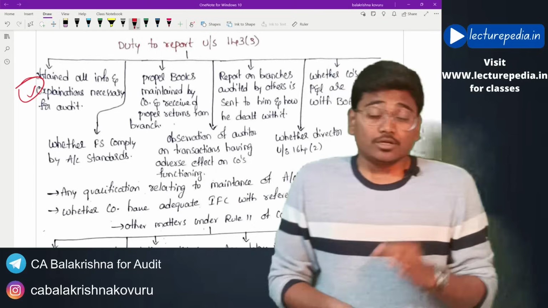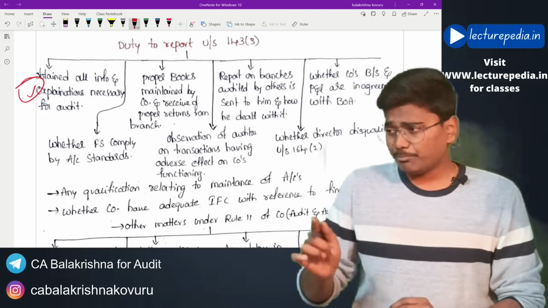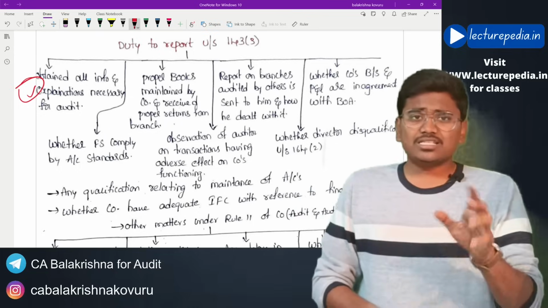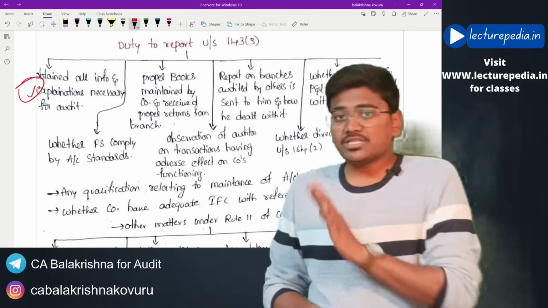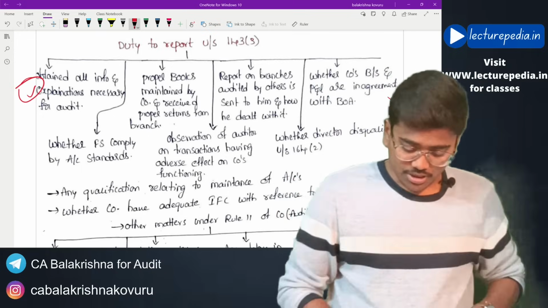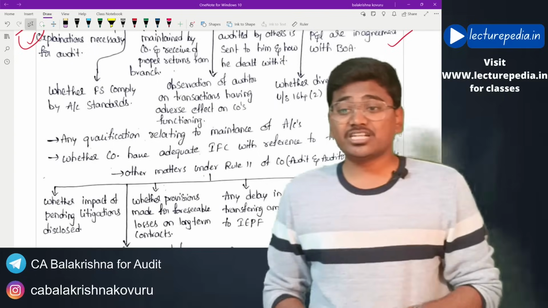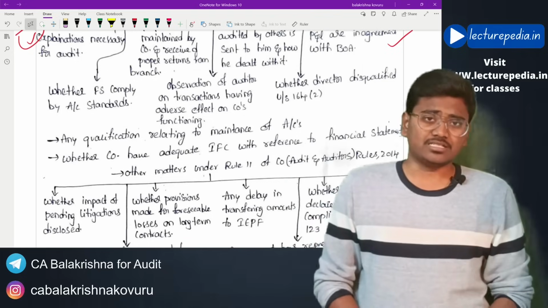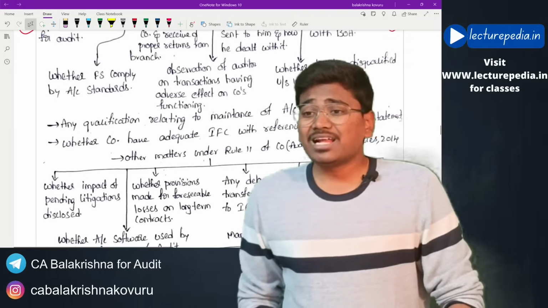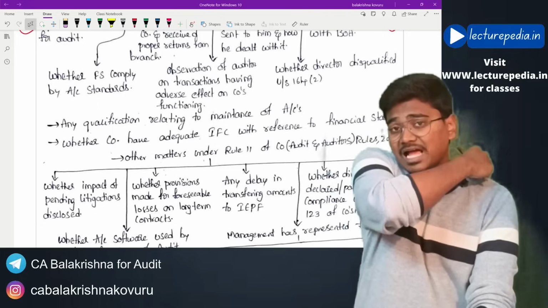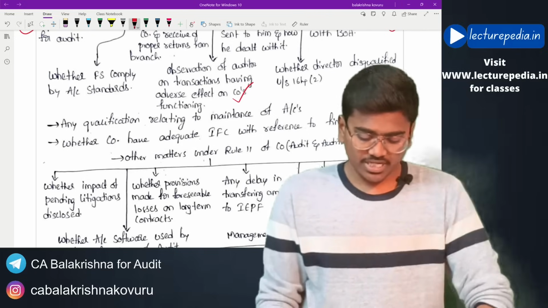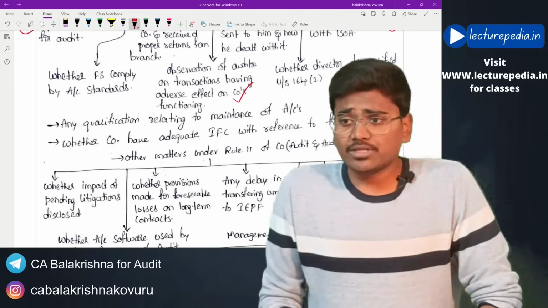If received, how the auditor has dealt with these returns during his audit, even this has to be reported by the auditor. And the auditor should also report whether the company's balance sheet and profit and loss account, basically the financial statements, are in agreement with the books of accounts of the company or not. This point has to be reported by the auditor. And next, whether these financial statements are complying with the accounting standards. If Ind AS is applicable, whether they are complying with the Ind AS. And whether the auditor has observed any transactions that are having adverse effect on the functioning of the company. If he has found any such transactions, even those have to be reported.